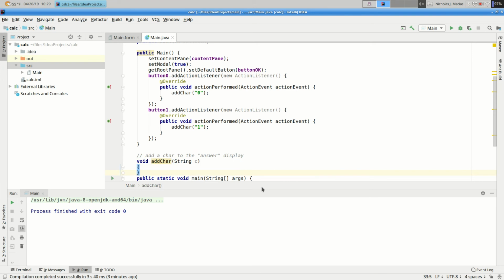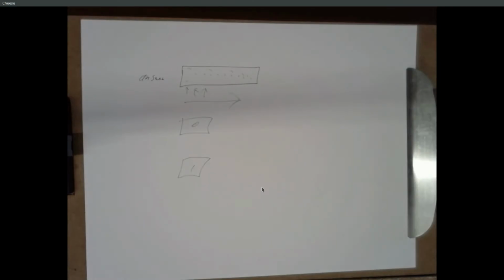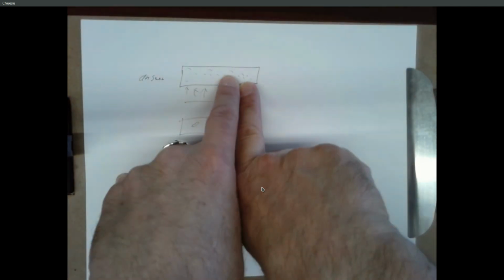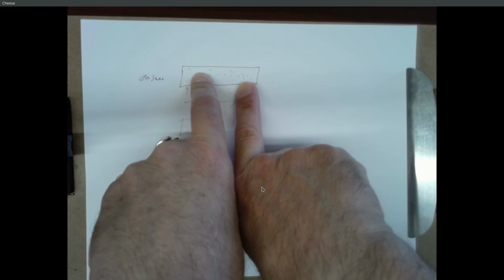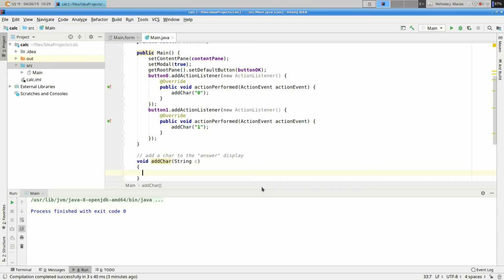I'm going to pass it a string, and it's going to add it to the display. Well, whatever the display is right now, we need to figure that out, and then we need to stick our new character to the left, right? Correct.